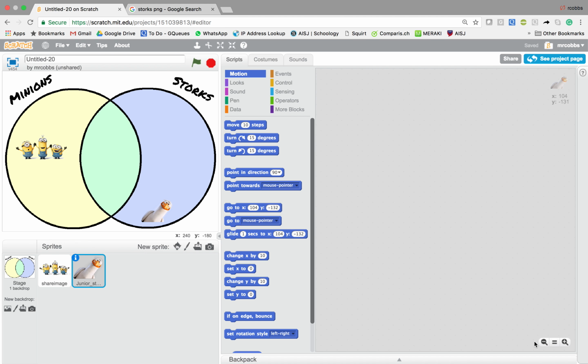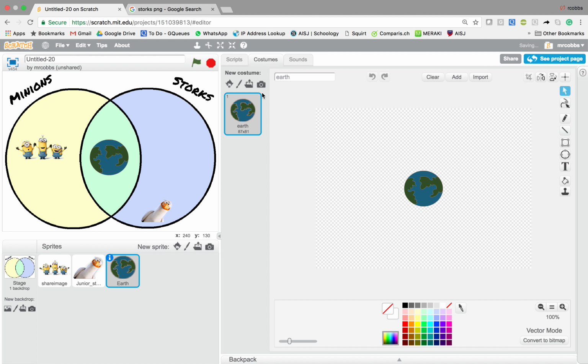I'll use the Earth because they were kind of traveling around the Earth. I'm going to customize it a little bit. I'll draw an arrow like they're traveling around, and I want to make this smaller. Okay, great. So now that I've got some things that are different for minions, different for Storks, and the same,